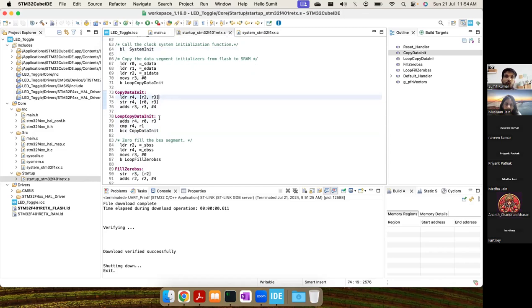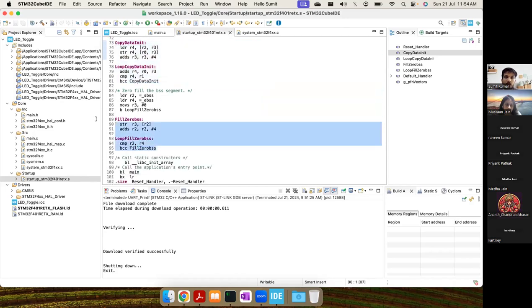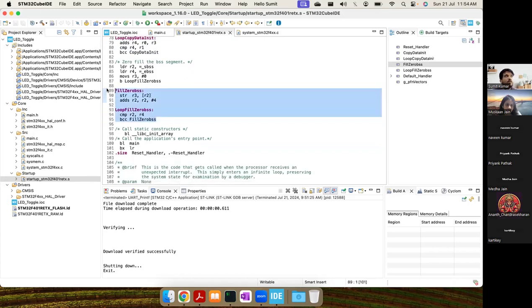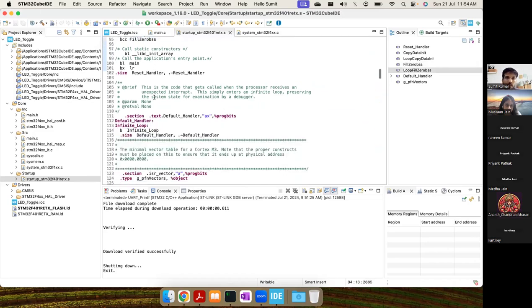We can change the data, so it cannot be in the flash, and we need to copy it to the RAM. So this just copies the data, and it fills the BSS section with 0. BSS sections are static and global variables which are not initialized, and they are by default initialized to 0. So it just fills it with 0, and then